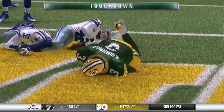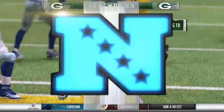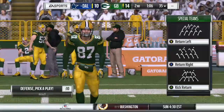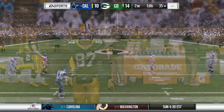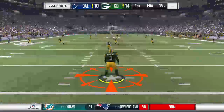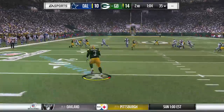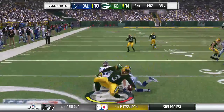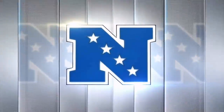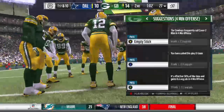And he's going to take it in. Touchdown, Packers. A great play. Bailey now to kick it away after the touchdown. This fielded at the 2. And he'll take this across the 25. Couple extra yards up to the...